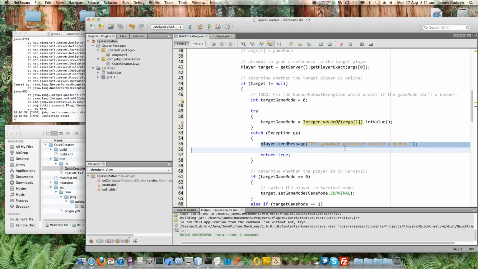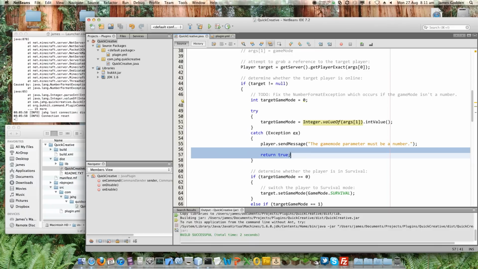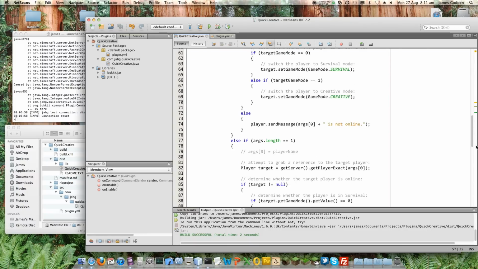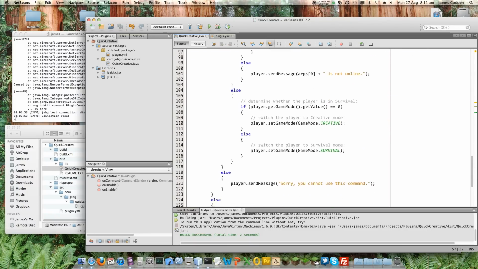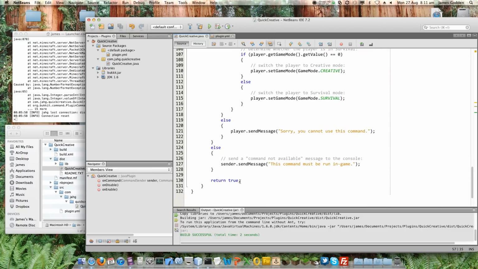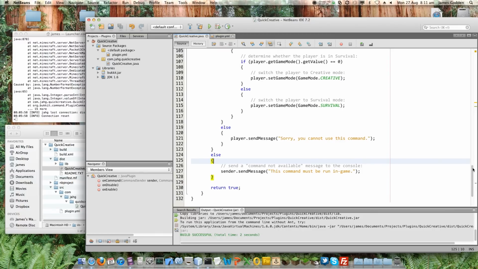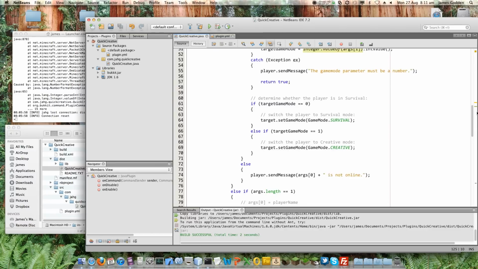That's what we want it to do. So we give them a message, return true, to say we're done with it, and the moment Java code hits a return statement like this, doesn't matter the value that's here really, the moment it hits a return, it will skip the rest of this code that we've got here. So essentially it's like having another massive if around it that sends it down here, because we've only got return true down here as well. So that's what we've done. Let's see if that has the effect that we want it to have.